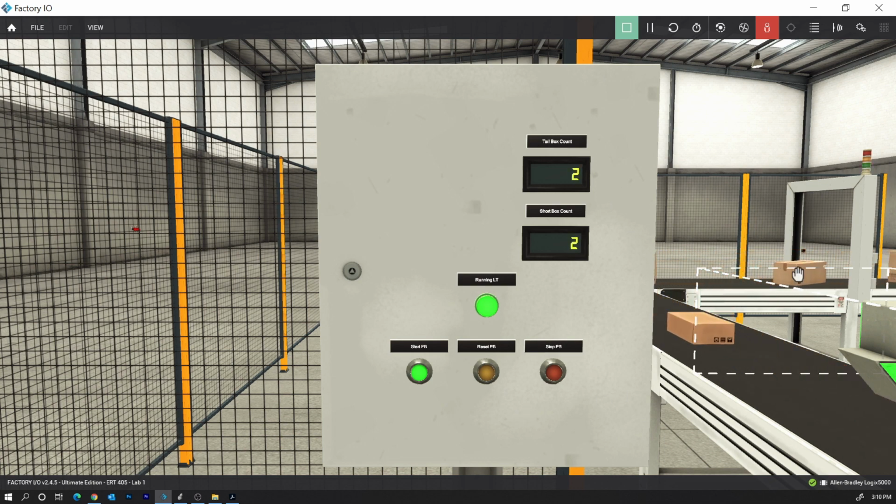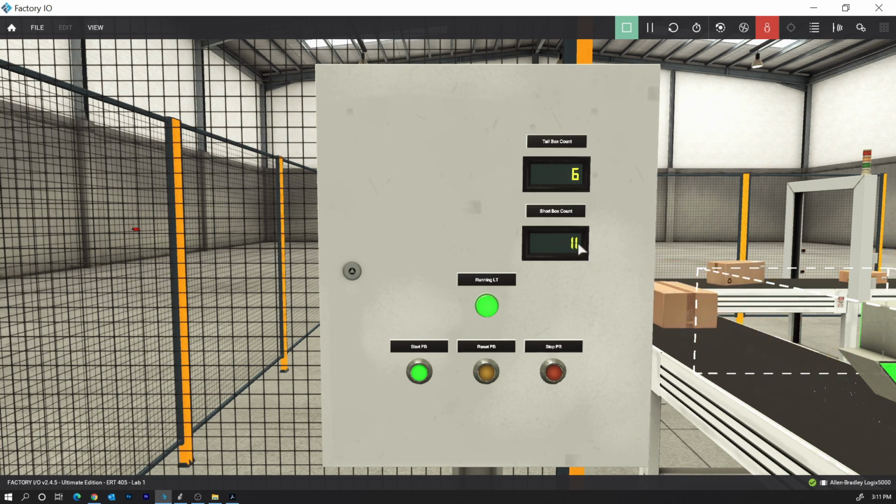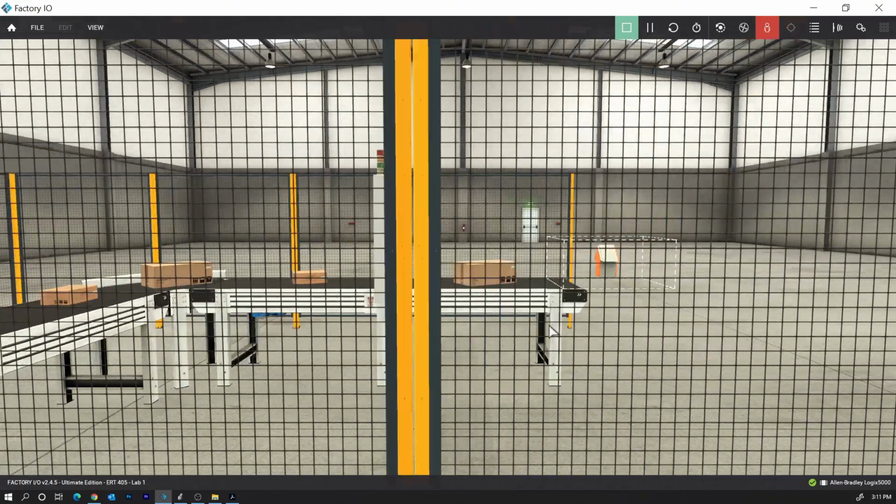So what was happening inside our logic is back here there are a couple photo eyes, and it's checking, is it a short box or is it a tall box? The short boxes are gonna just make the bottom photo eye. The tall boxes are gonna make the bottom and the top photo eye. I think we have some error here because it's counting both. I'm not gonna worry about trying to sort this in the video because I've already gone so far making this video, but let's just slide over